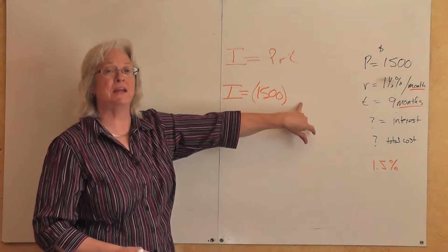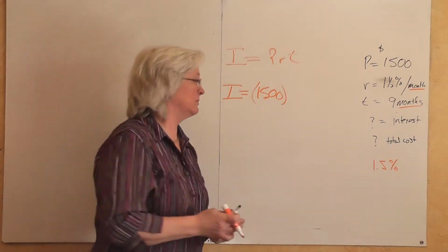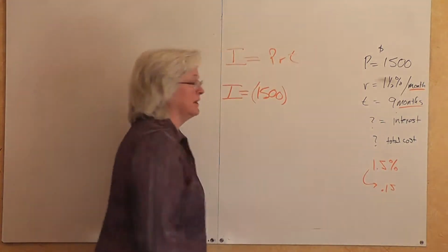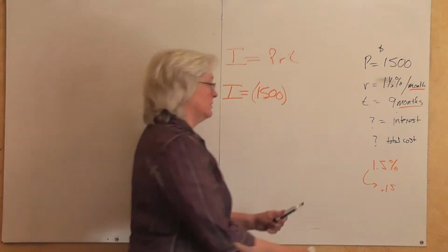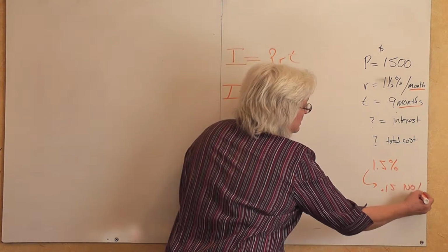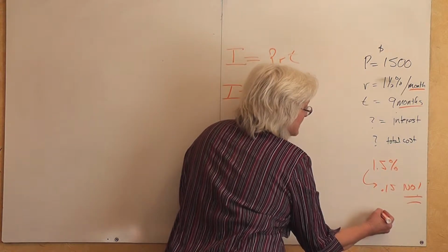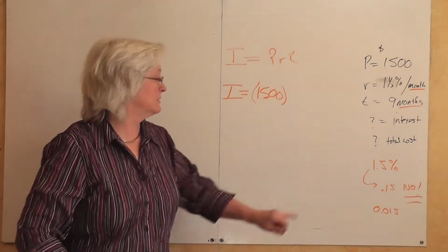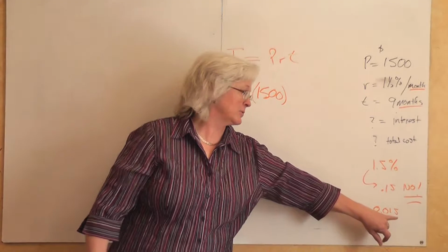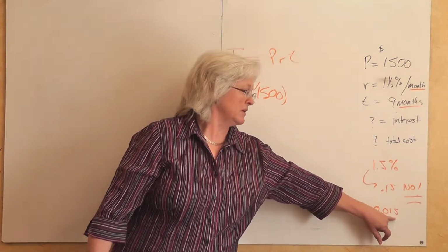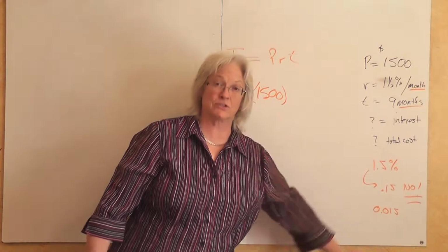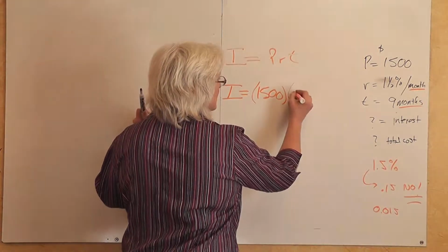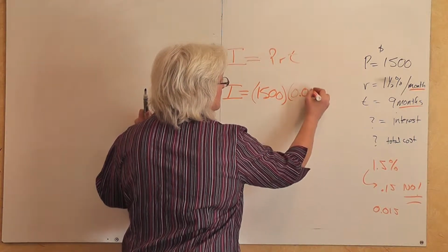But our rate has to be given to us in decimal. So do not make the mistake of saying that that's 0.15. That is not 0.15. 1.5% is 0.015. 1% is 1/100th. 0.5% is your 5 carries over into the thousandths place. So 1.5% indicated as a decimal is 0.015